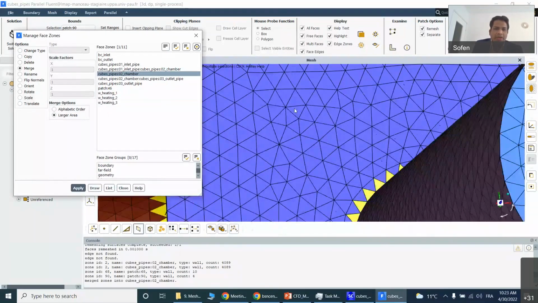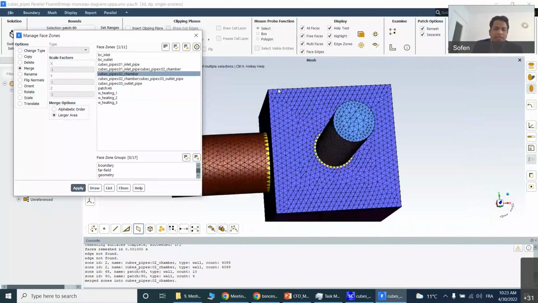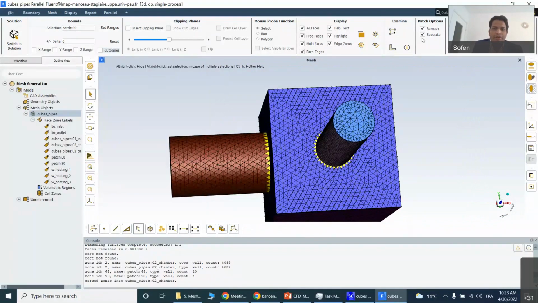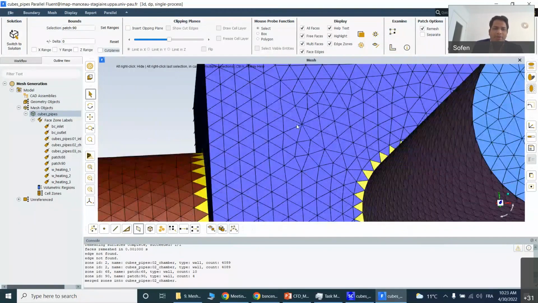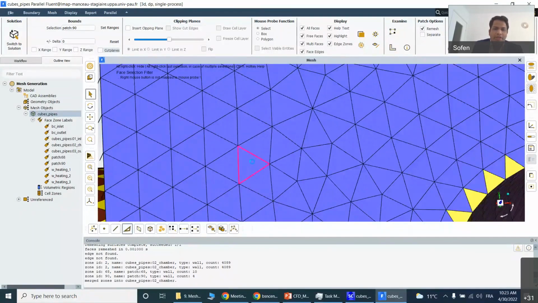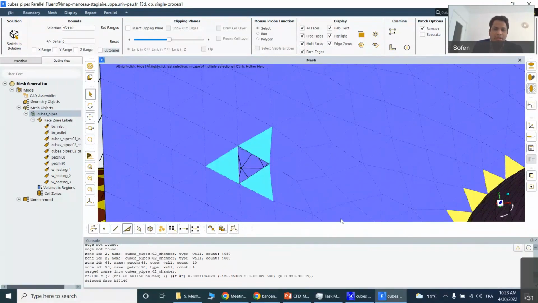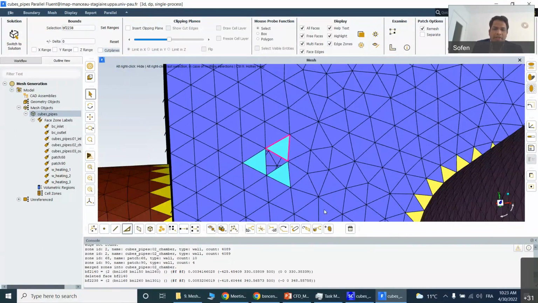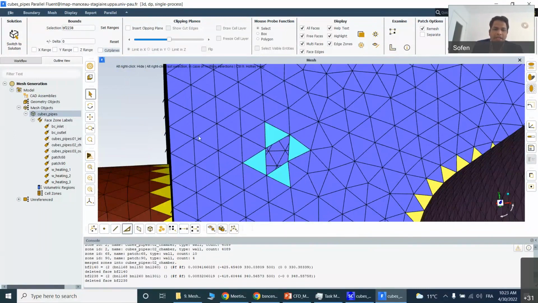Now you can see all are one boundary, right? There is no separate patch kind of thing. Okay, so again, if you untick this option separate, okay, I untick the option separate. Now if I go and delete some elements over here, some elements over here, now see number of faces. I want to patch or fill this missing element. So just go over here,